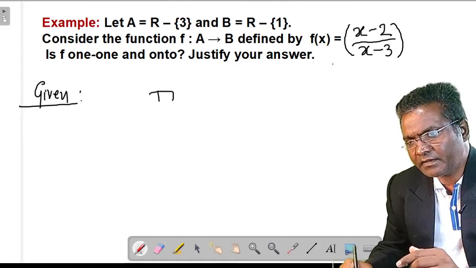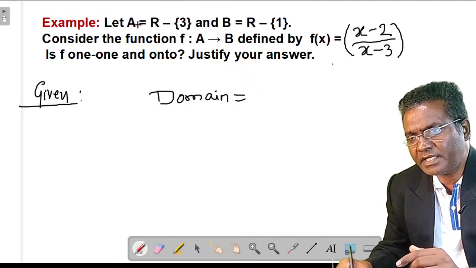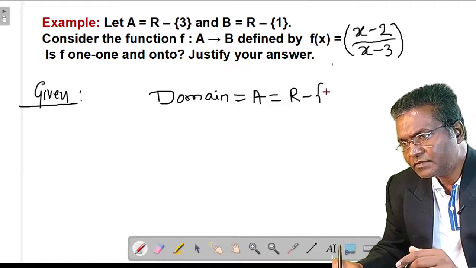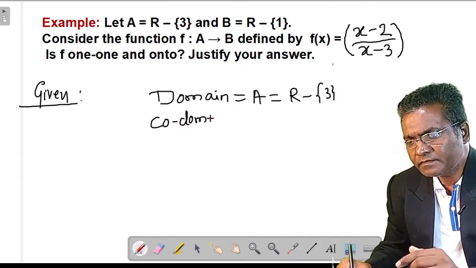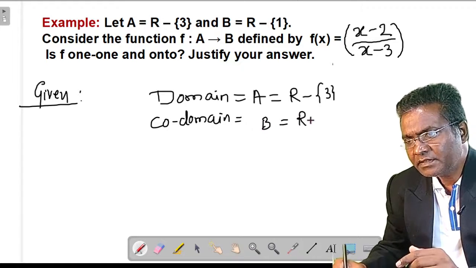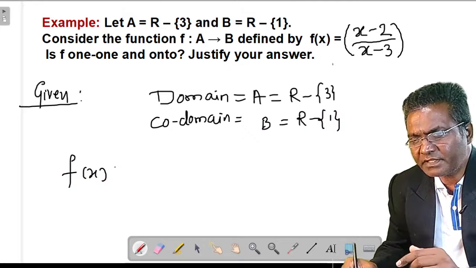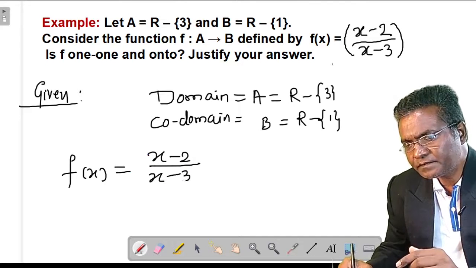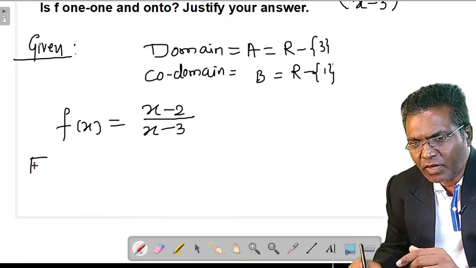Okay, so given, the domain is set A, and A is given as R minus 3. The codomain is given as B, and it is R minus 1, and your function is given as (x minus 2) by (x minus 3). Okay. So for one-one,